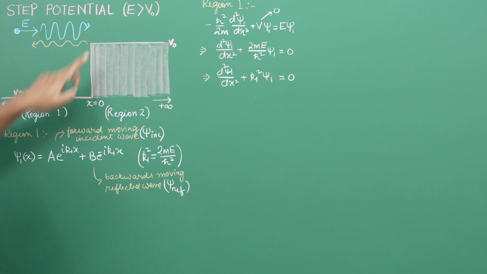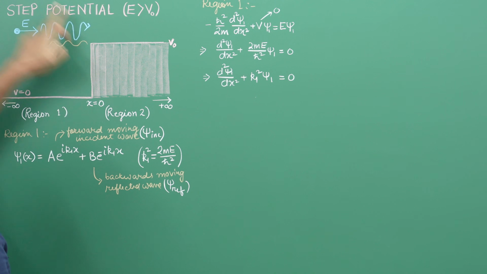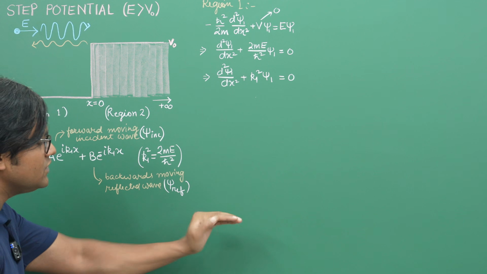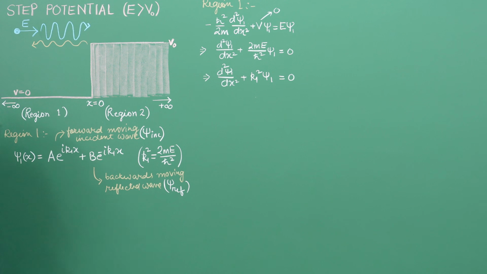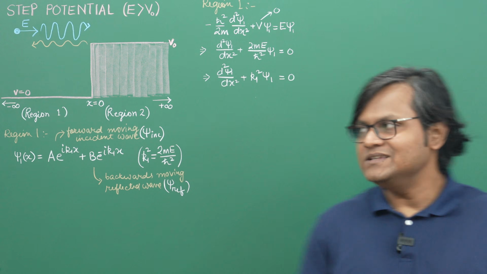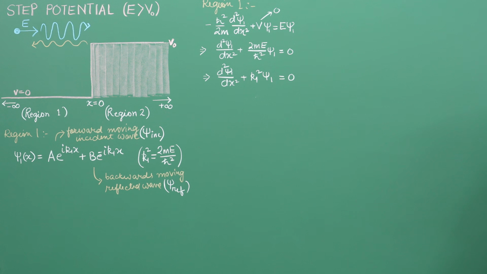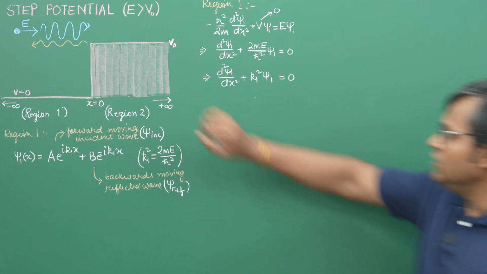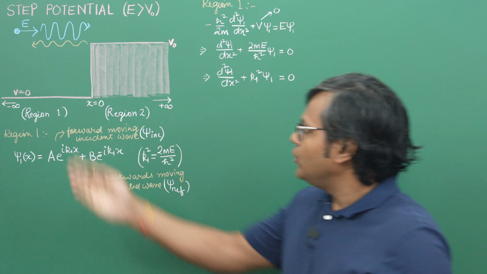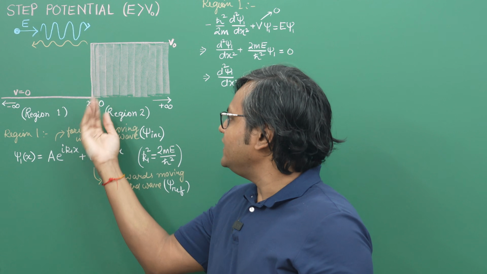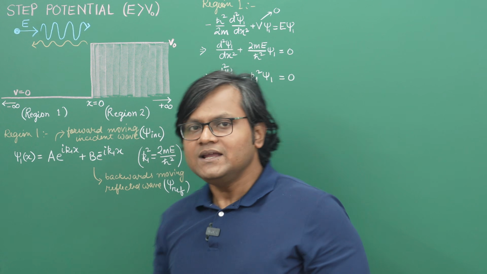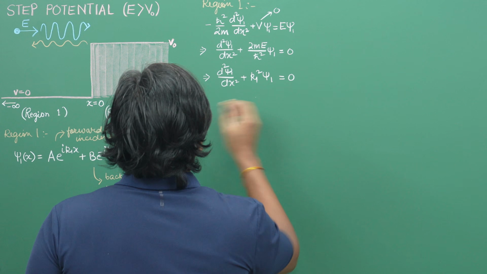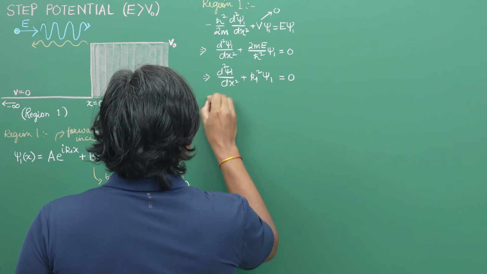So when I solve the Schrodinger equation in region number 1, the solution comprises these two solutions. One is the forward moving plane wave solution, another is the backward moving plane wave solution. I hope the scenario is becoming clearer in your mind. In the same fashion, we can also solve the Schrodinger equation in region number 2. What happens when this wave approaches this barrier at x equal to 0? It suddenly encounters this constant potential. So now, if we look at region number 2,